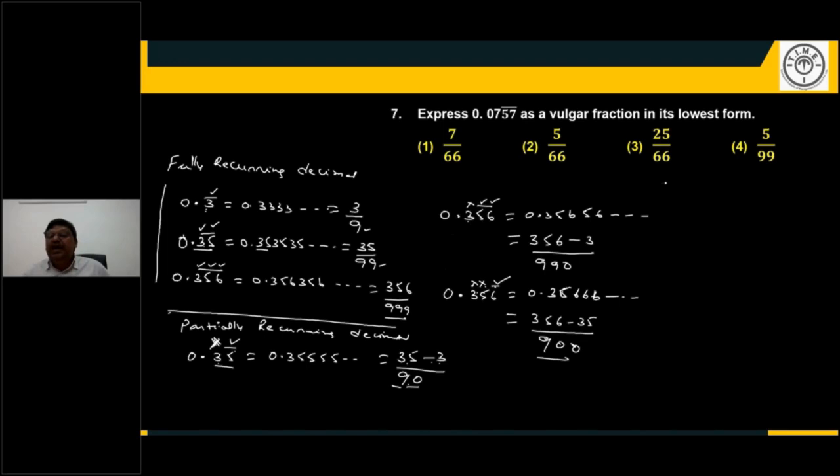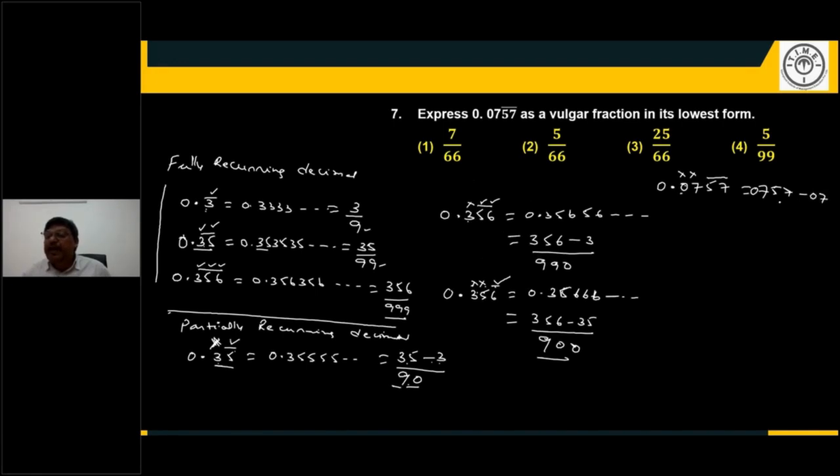So now, friends, here I have 0.0757. And students, the recurring part is 57. Only 57 is recurring. 07 is not recurring. So what do we do, students? 0757 means 757. Right, minus what is the non-recurring part here? Whether you write 0 or not doesn't matter. That's why I'm not writing. Anyhow, let me write 0757 minus